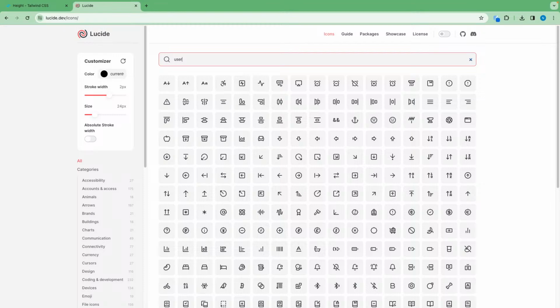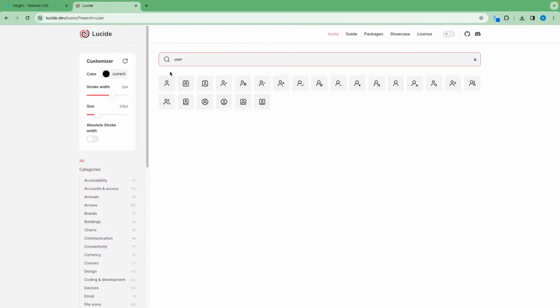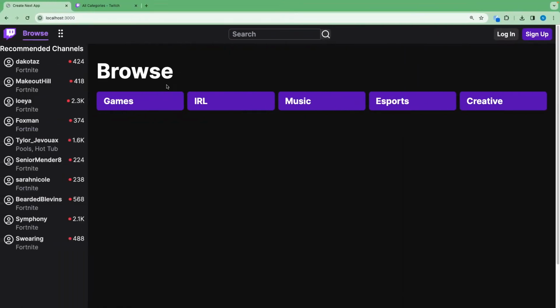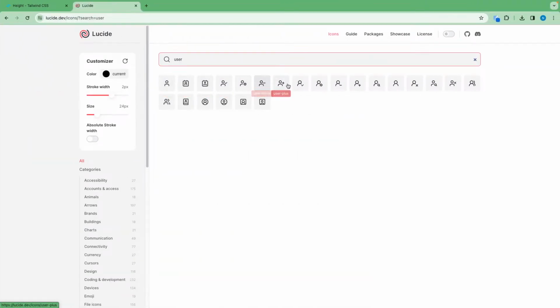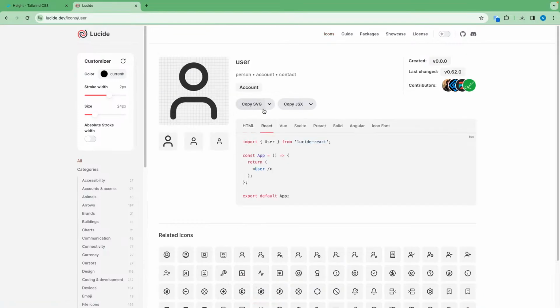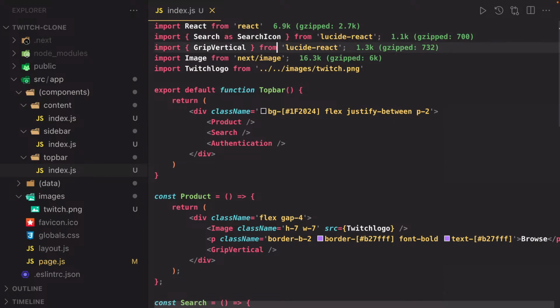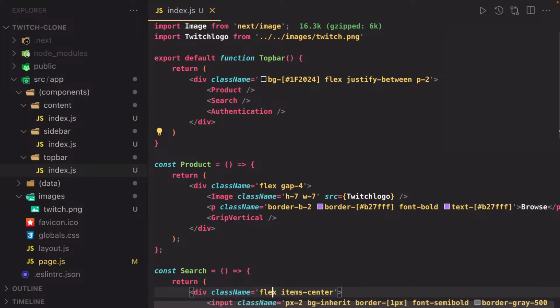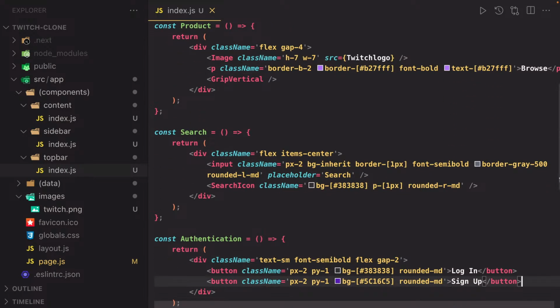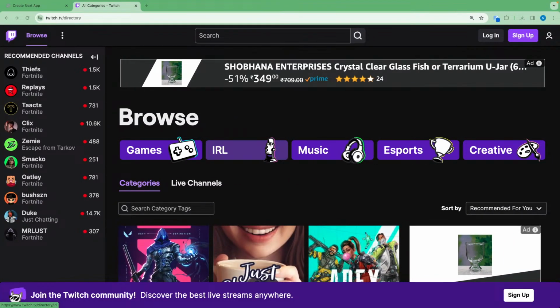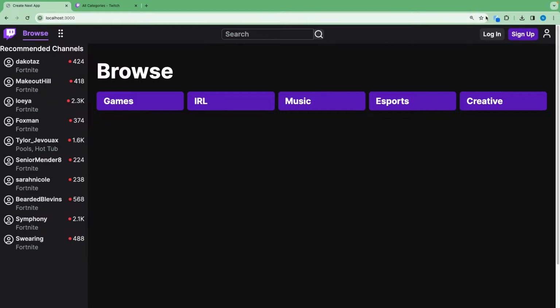Inside this, I will search for user, and I think this is the actual user icon that we can use. Yes, this is icon, and we will use user inside our code. Where we have used grep vertical, I will use user there, and I will use user icon in authentication just below our sign up. Right, so this is our user,